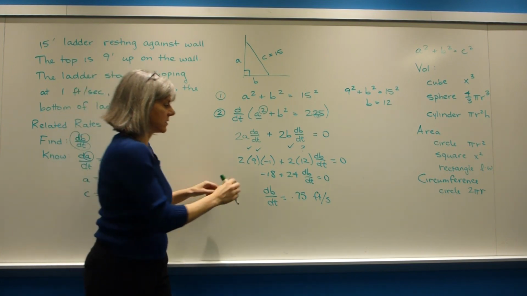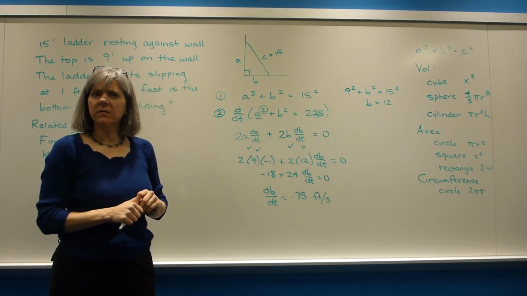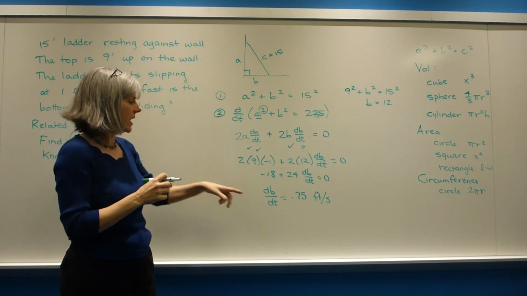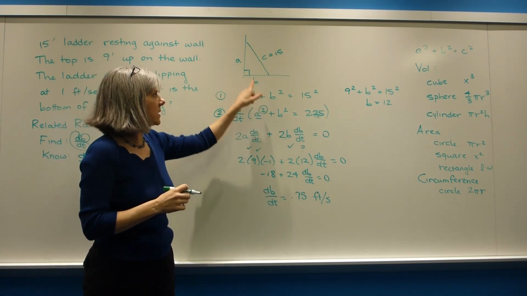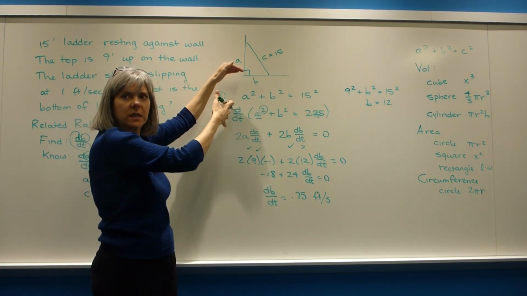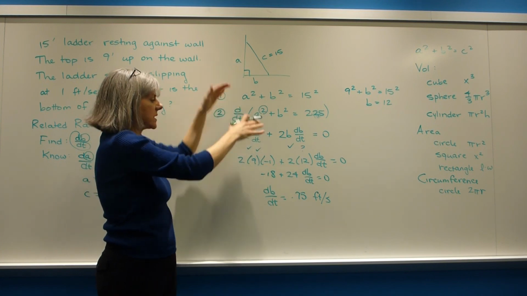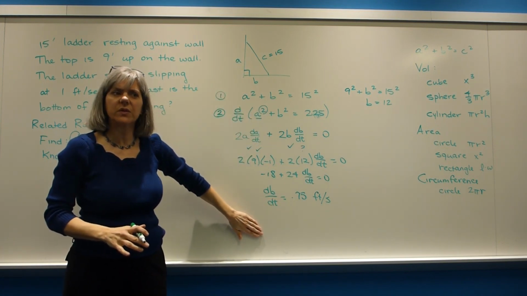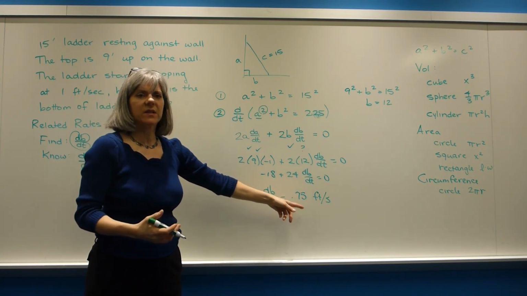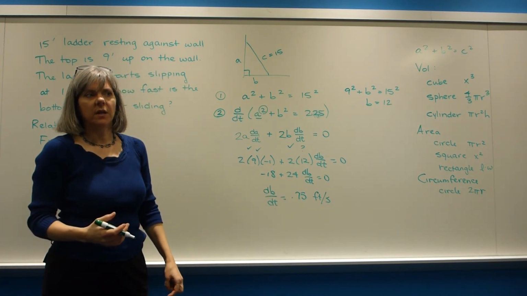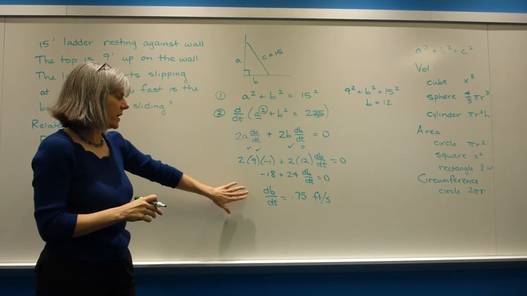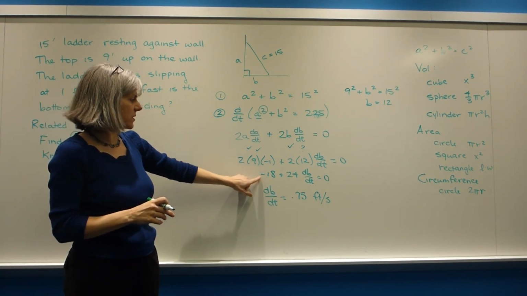So do I expect that it's positive? This is the last step. You need to make sure that it makes sense to you. If you got a negative number here, that would be a problem because the ladder can't be coming down this way and squeezing in this way. Your answer should make general sense. The sign at least should make sense. Also, if you got like 75,000 feet per second, you might think it's a little extreme. So make sure to look, did I do this correctly, 18 divided by